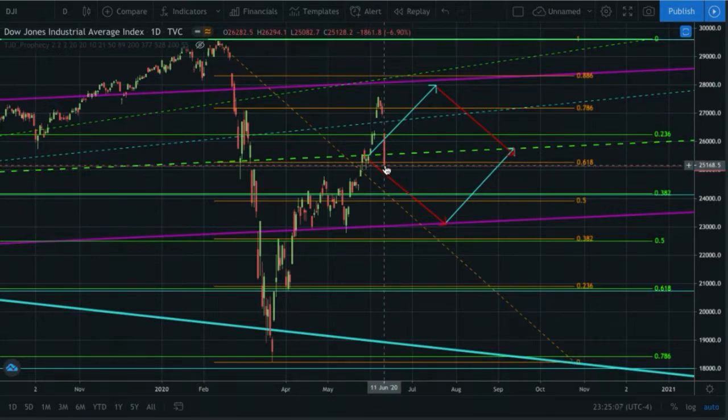So now if this doesn't hold, where are we going to go? All the way back down to the bottom right here. After something like this, I would expect some kind of move back up tomorrow for the Friday close. But if we don't get a close back above like 26,250, it's going to look real bad. And I think it's more likely that we're headed back down here to like 24,200.